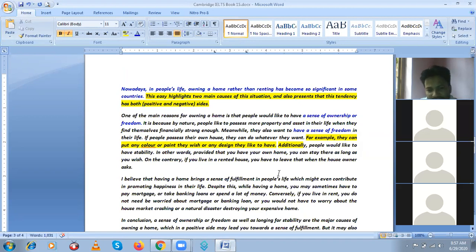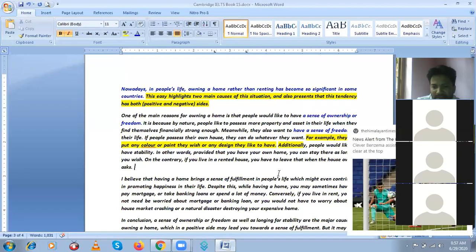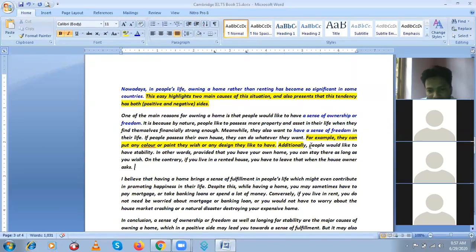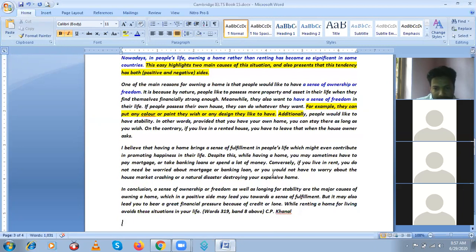On the contrary, if you live in a rented house, you have to leave when the house owner asks. So we have done the first paragraph and fully discussed the main ideas, and we supported them with the example and the conclusion. On the contrary, the negative side: if you live in a rented house, you have to leave when the house owner asks. So moving on to paragraph number 2,